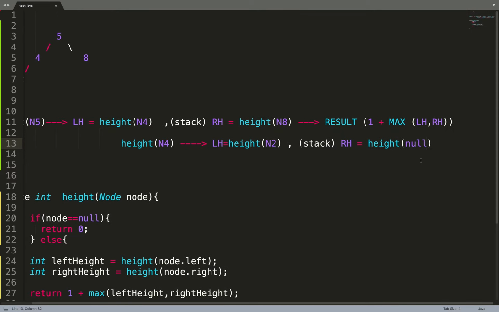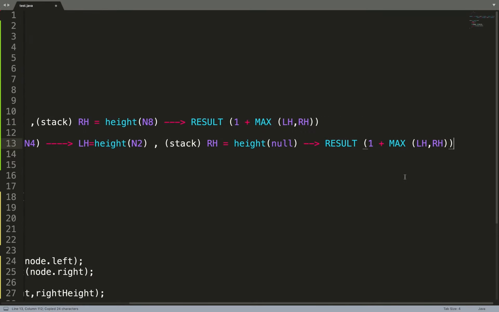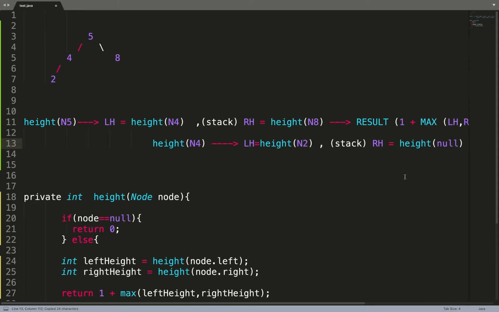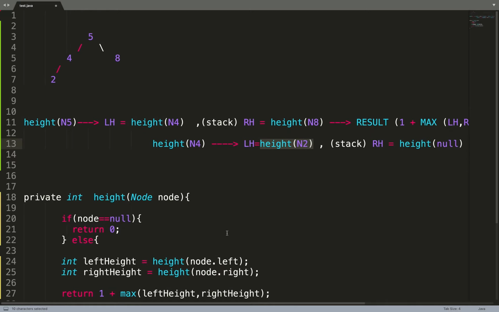Okay, this is null, and the result will be, what will be the result? Same thing, right? 1 plus max of. So now let us go into the evaluation mode. When the code execution comes here, it will try to identify height of n2 first. What is the height of n2? It again calls the recursion, right? It again calls the recursion. So height of n2 is